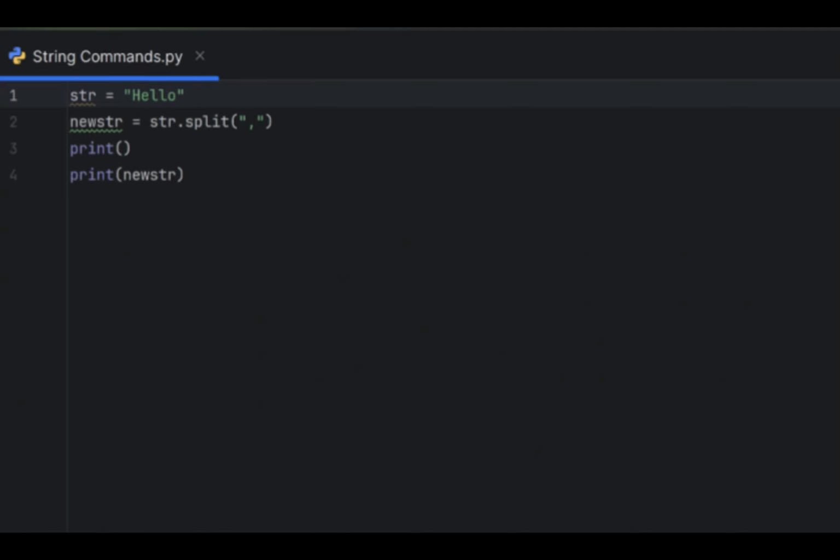Then there's dot join, which is basically the opposite of dot split. What that does is if I have, say, right now my list is equal to hello and world, then dot join will basically join them back into a single string again. For example, if I do new str2 is equal to, I put an empty string, dot join, and then inside,